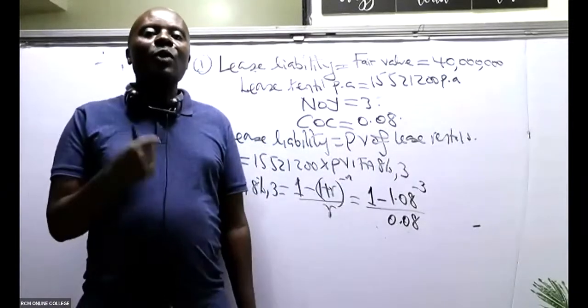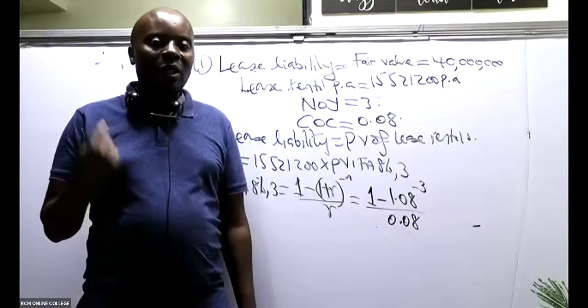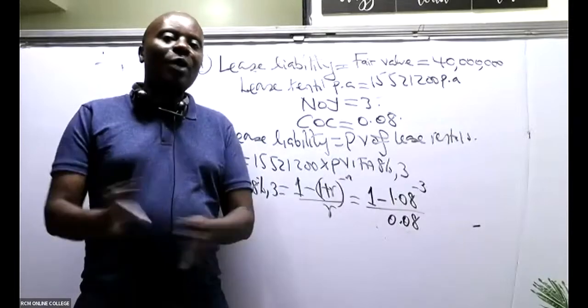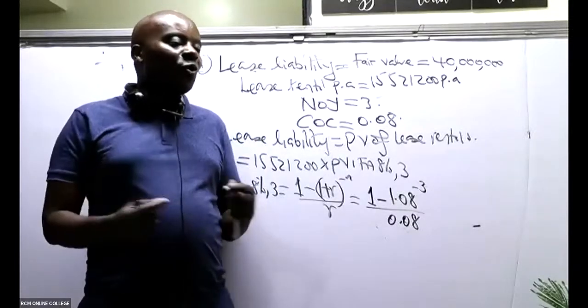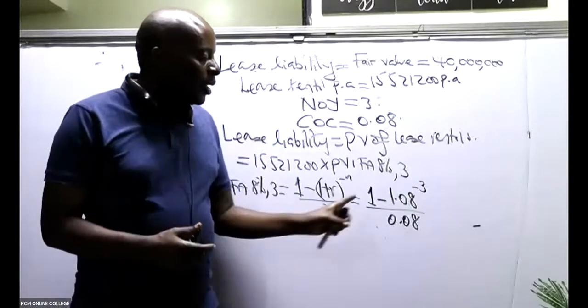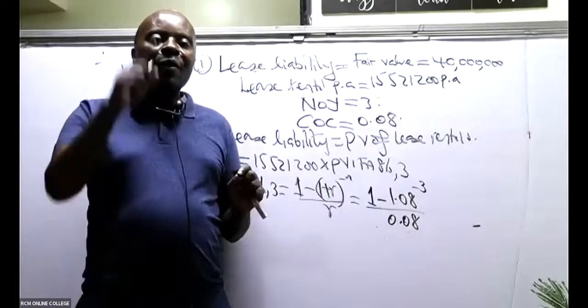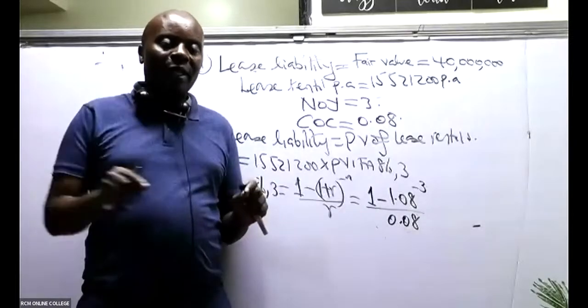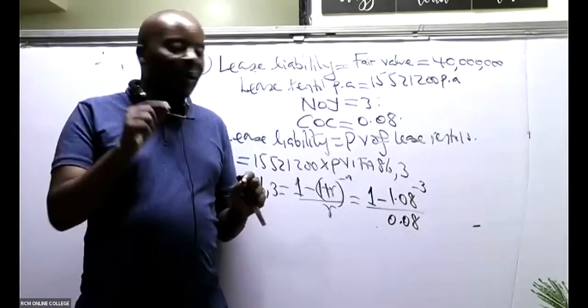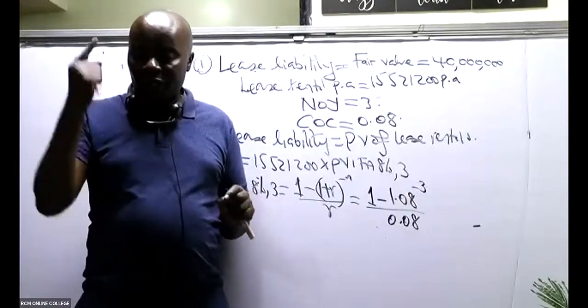Now, why do most students in this case lose track very fast whenever they are being taught? Most students don't like using their calculators when they're being taught, so they tend to veer off very fast. If I were you, I would take my calculator, then punch in 1 minus 1.08. There's a raising function, so you raise it